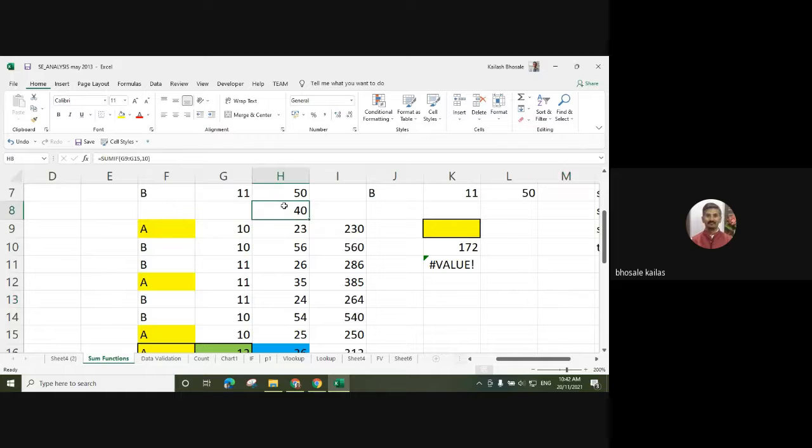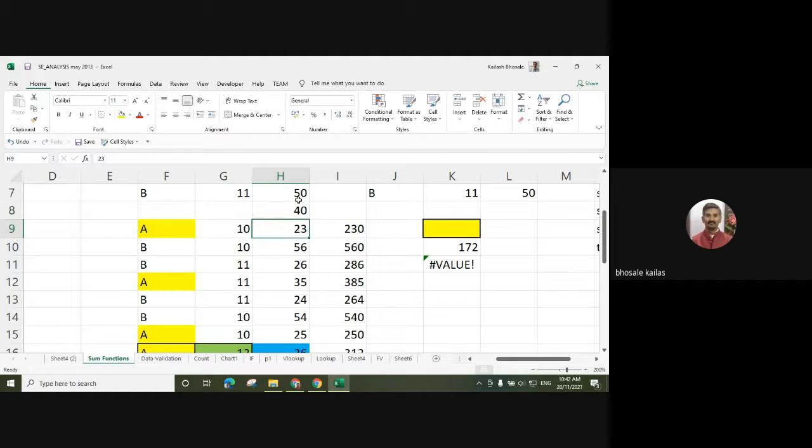So first I have used this SUMIF function. It means I have to select the range, and I want to make the summation of all the numbers which are equal to 10, or I can use any criteria like less than 10 or equal to 10, and then make the summation. For that purpose, we can use the SUMIF function.